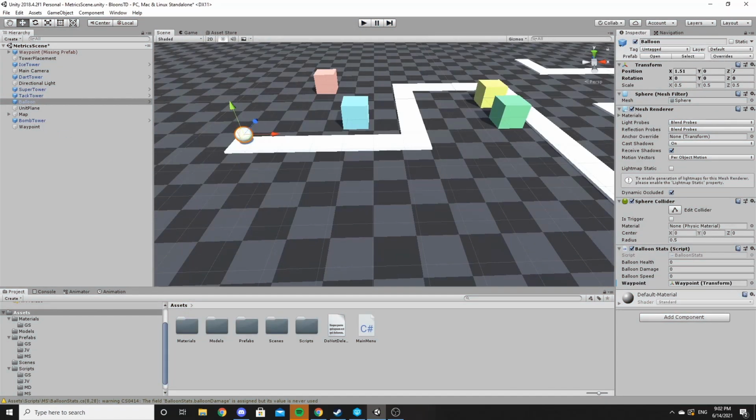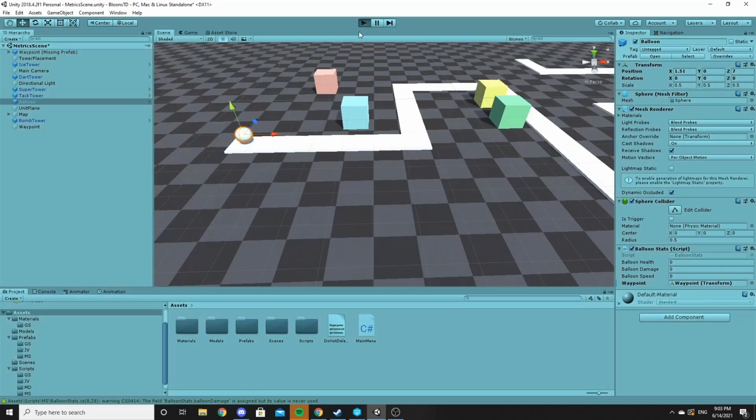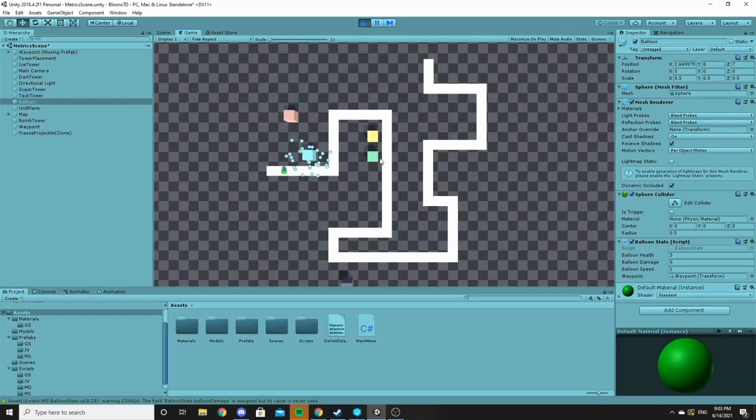The next user story is balloon avatars display a different color based on the amount of health the balloon has. So as the balloon takes damage, its health represents what color it is. So if it has 3 health, it's green, 2 health, it's blue, and 1 health, it's red,